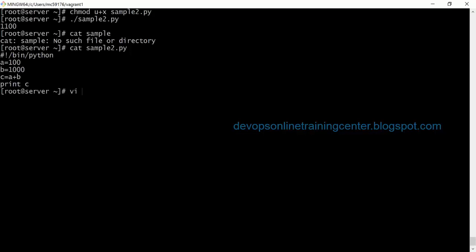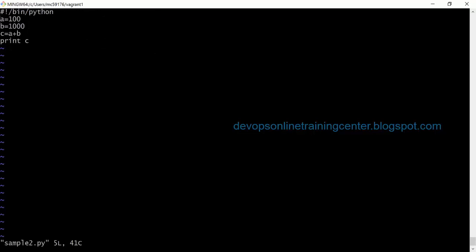Okay, so let us say I want to take input from the user. Instead of declaring directly, I want to take inputs from the user. So I'll say print enter a number, and I'll say a is equal to input, print enter another number, b is equal to input, right?